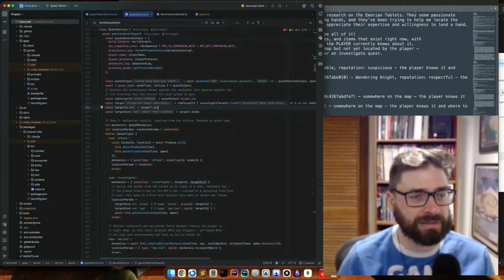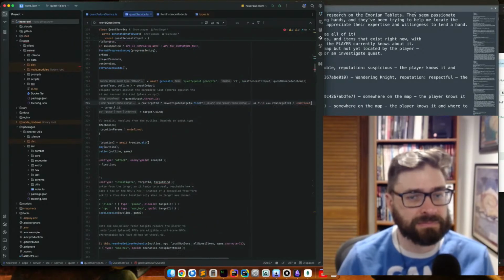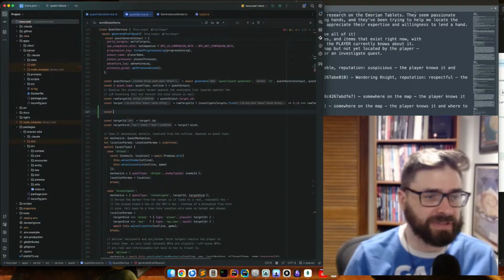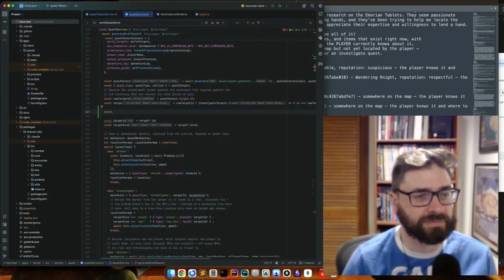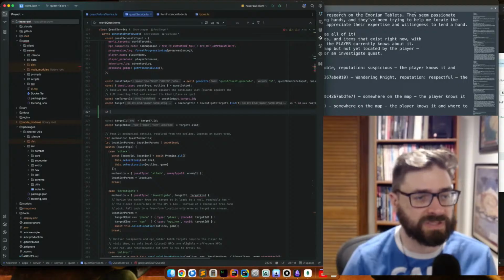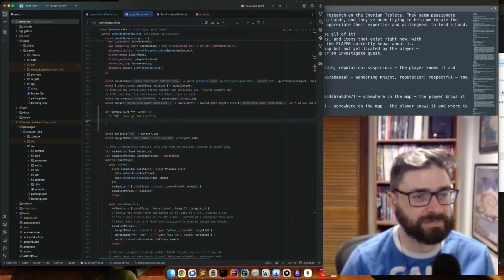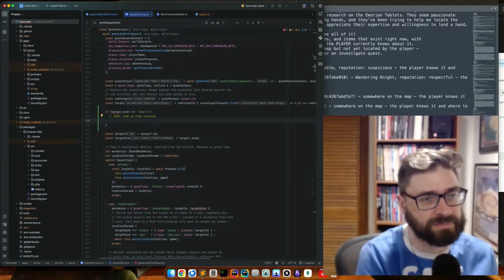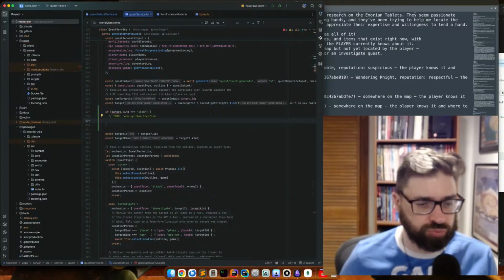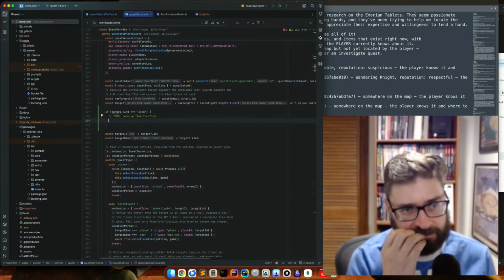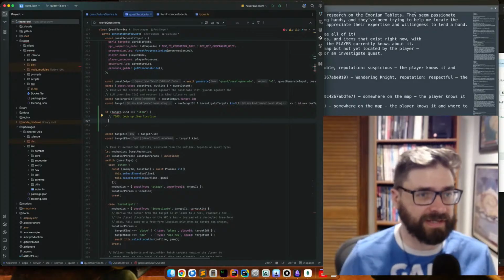So I need to, yeah, what I would need is here something like: if target kind equals item, we need to look up item location, something, right? Or I need to process it before we even get here.